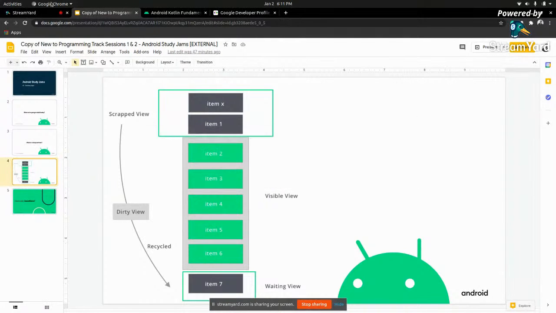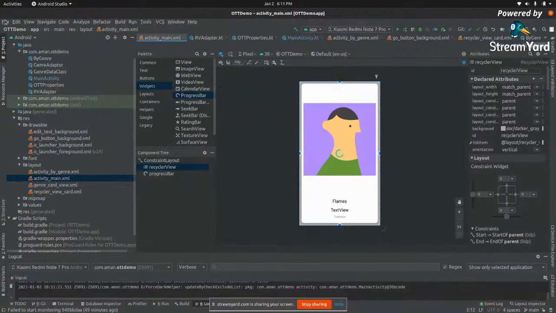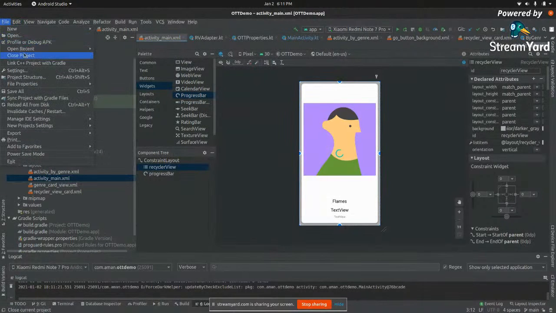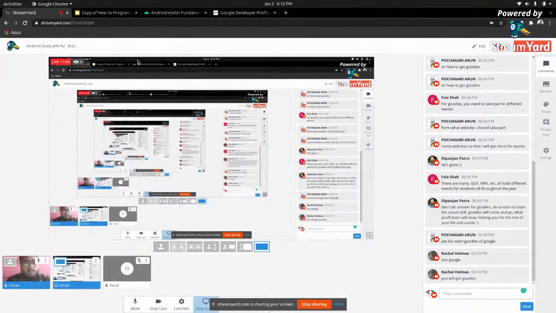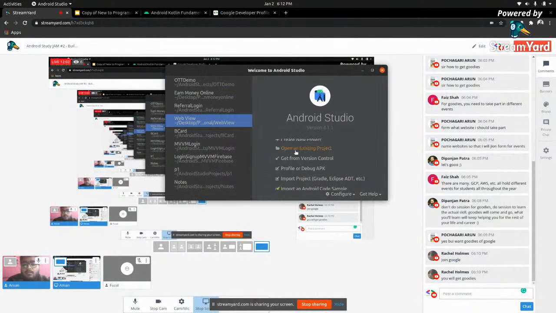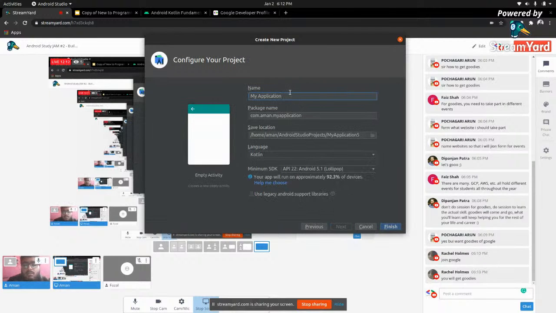First of all, any questions till now? Okay, I don't think so. So let's open Android Studio. If some project is already open, just close that project, because we are working with a new project. Open it again, create a new project, choose an empty project, click on next. Name your file as